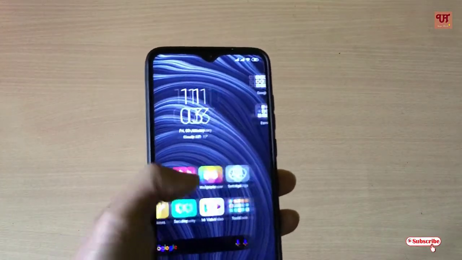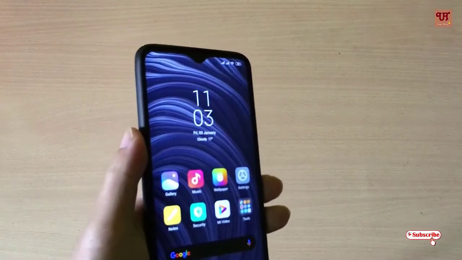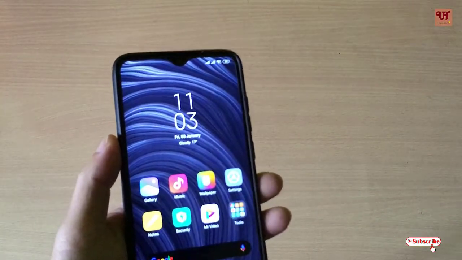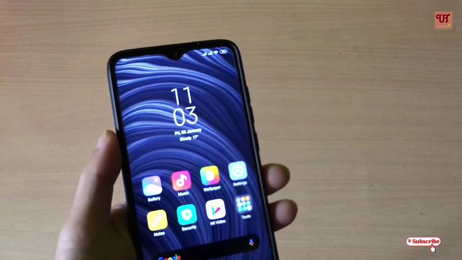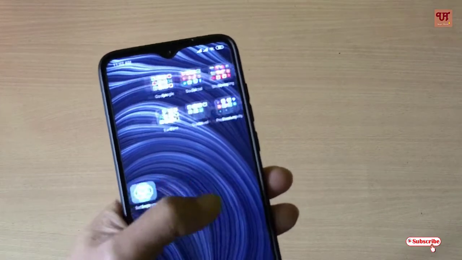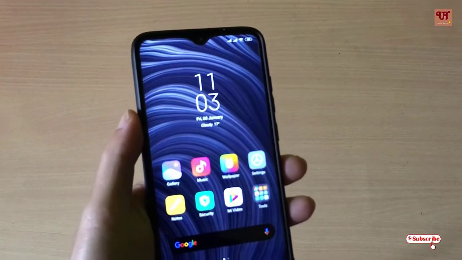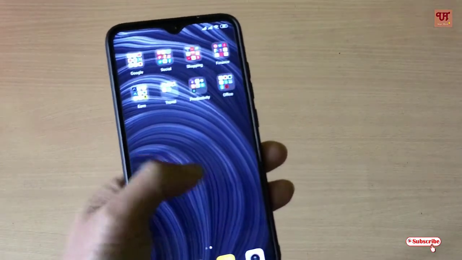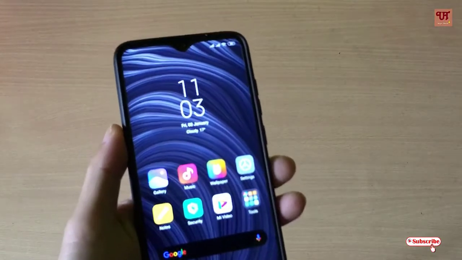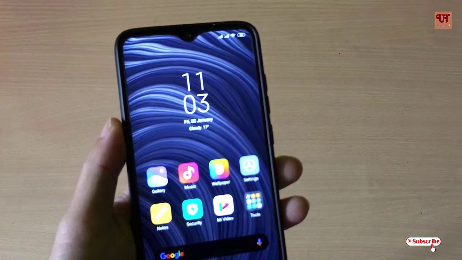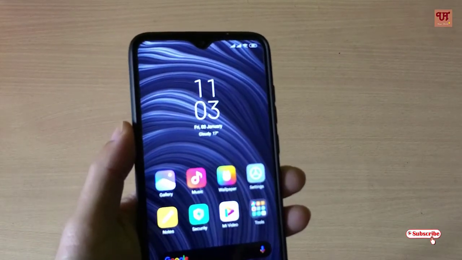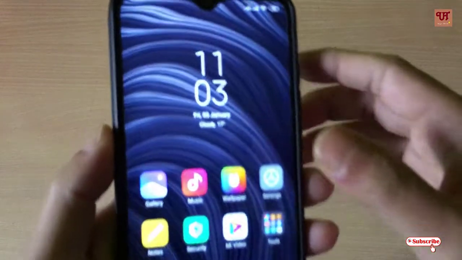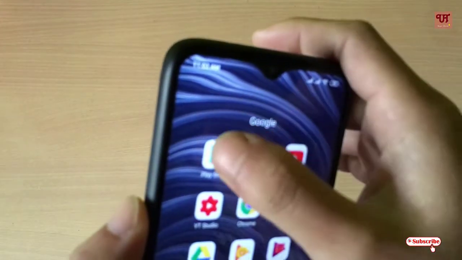Today, in this video, I will discuss one web browser that's being developed by Microsoft, which is going to be the biggest rival for the Google Chrome and the Mozilla Firefox web browser. So, without delay, let's begin. So first of all, you need to go to the Play Store,